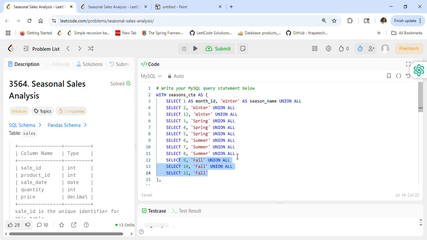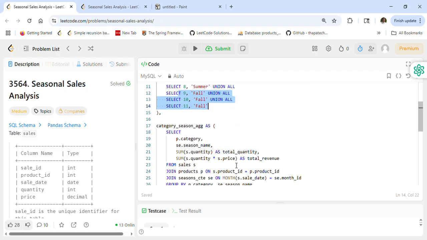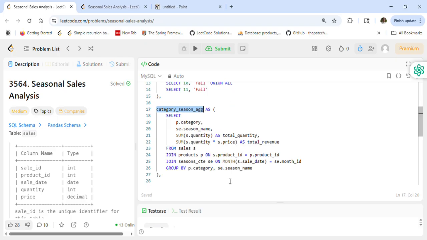After that, we will write another CTE which will use this seasons information, and we will create one category season aggregate CTE, right. So what we will do here, we will use our sales table, seasons table, and products table. We will join them together, and we will find out, for that category, how much is the total quantity and how much is the total revenue. That's what we will find out here. So for that, we are going to select from sales S join with products P. How we will join? On product ID. S dot product ID is equal to P dot product ID,